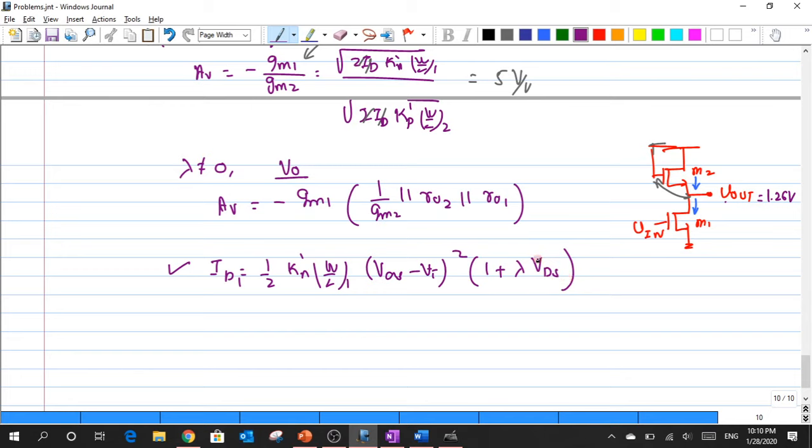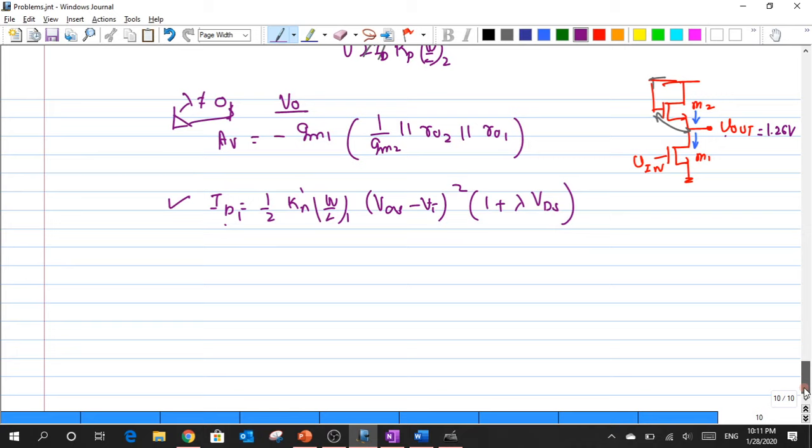That's the reason why I said at the beginning that whenever we want to work with different values of Vout to compute the gain, somehow the lambda factor has to be included in the structure of the gain equation. The way I can do that is by first working with the drain current and then using this drain current in the R naught through the lambda, and we could do everything from there such that it accounts for the Vout impact. Okay, so having done that,